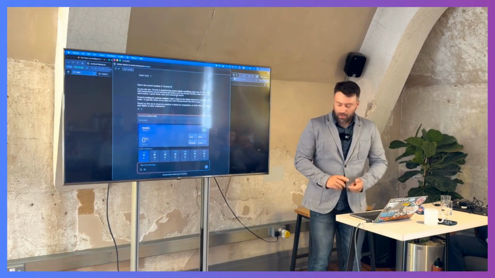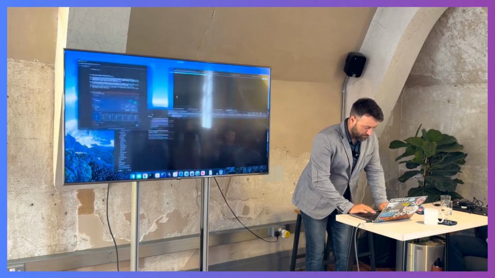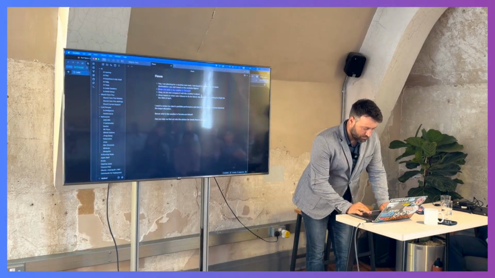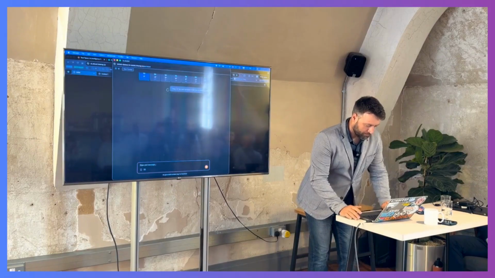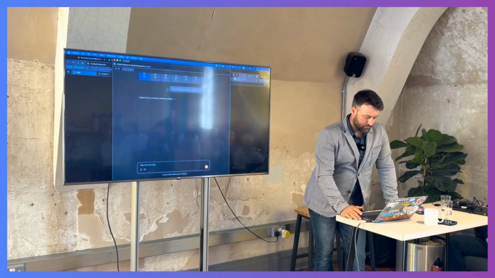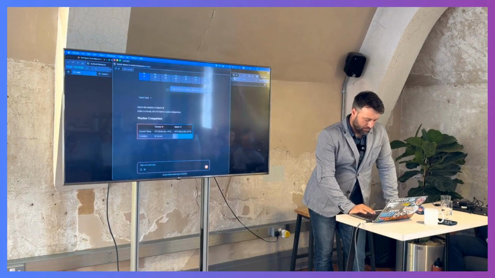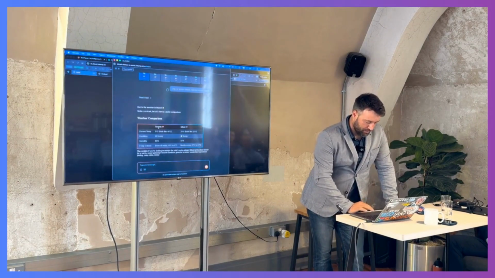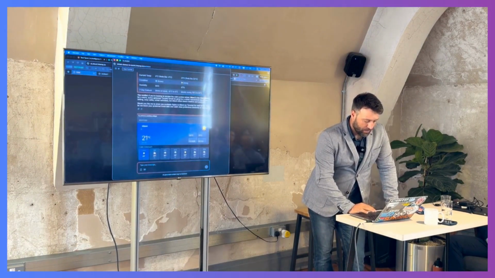Well, that's great, but I want to compare with Miami. I want to see, because I'm choosing between one of those two destinations. So let's see how it goes in Miami. Yeah, we have some markdown comparison that we're used to. And here we have the widget.